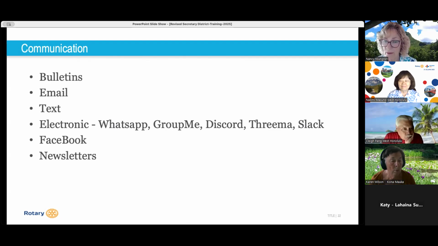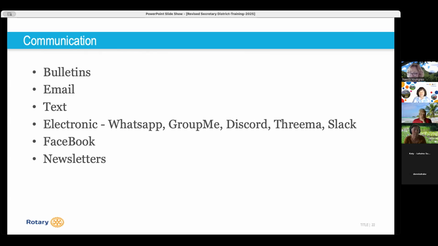So you found that your members do read their emails? Yes, they definitely read the newsletters. Okay. Naomi, wouldn't you agree? Yes, most of them do. I think that's why we also try to nudge them a little with a couple of different formats, because some people will say, I get too many emails. I don't want to read my email. But then we remind them it was in the newsletter. So that's helpful. Karen, do you have a particular way that your club communicates?